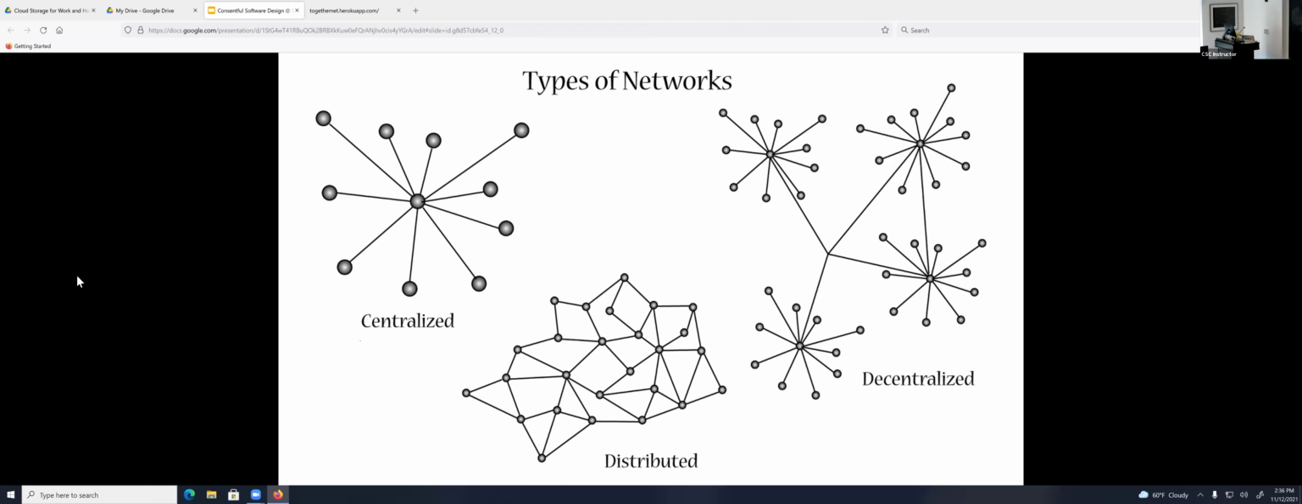So the idea is that instead of having a centralized server, a centralized computer hard disk saving all of our information, we each share each other's information collectively. So the way Togethernet works is that,